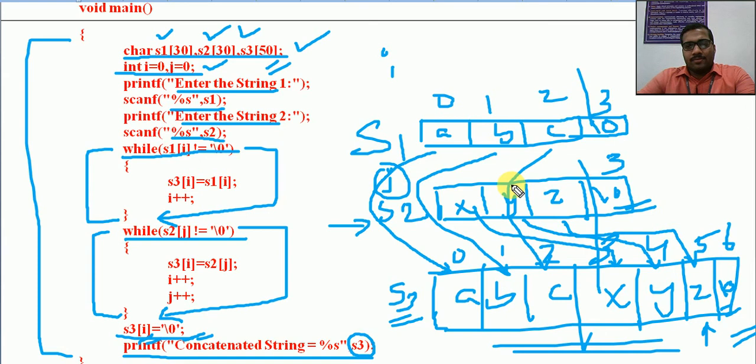concatenation. If you want to combine or concatenate two different strings and form a third string, we can use this logic. So all these programs, the length program, copy program and concatenation program, are direct implementations, where we write the detailed code of the corresponding string handling functions like strlen, strcpy and strcat.